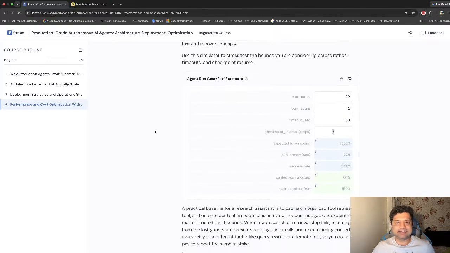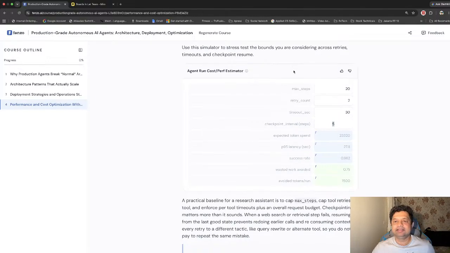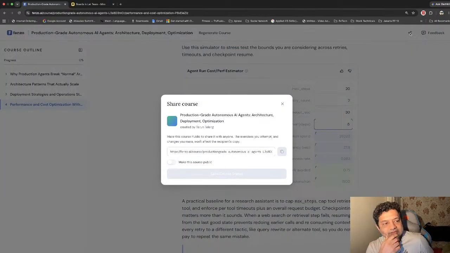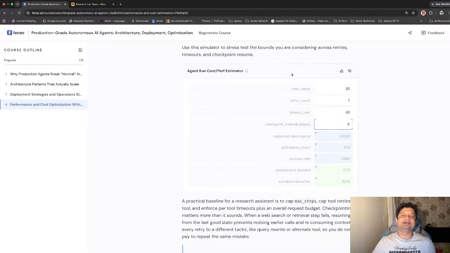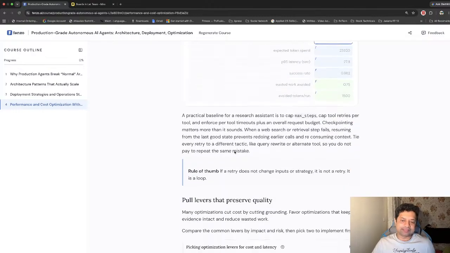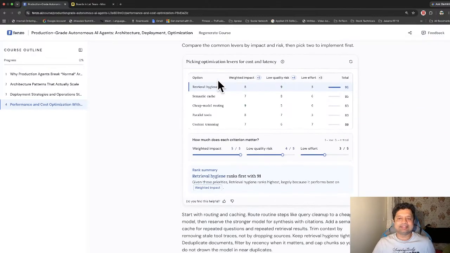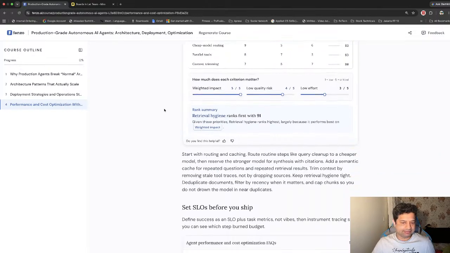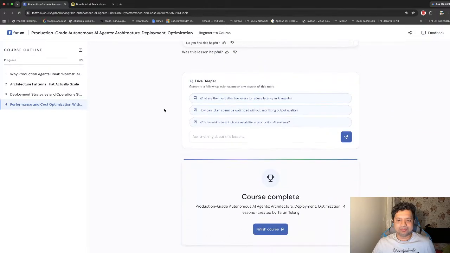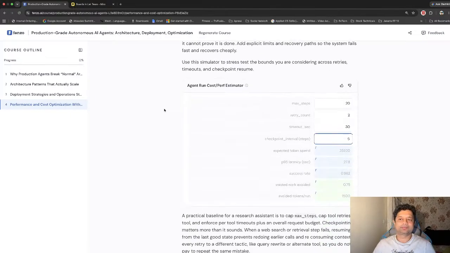So maybe one great suggestion I would have is this. When I share this, it shares the entire course, and I can make this course public as well. But it would also be great if I could just share some of these artifacts, like one diagram, to an external audience who can access it from some other place. So that's for convenience and for more